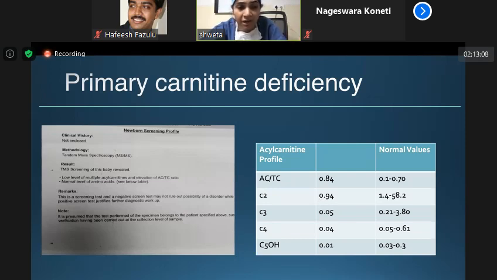This is a very important case to pick up, and if you pick it up on time, you supplement them with carnitine, which is a very easily available drug, and their ventricular function can become normal. As I said, it's a genetically inherited disease, autosomal recessive, so family members should also be screened. In fact, there are a couple of case reports where they have already done a transplant for the ventricular dysfunction, and later found out that the child was actually suffering from primary carnitine deficiency.